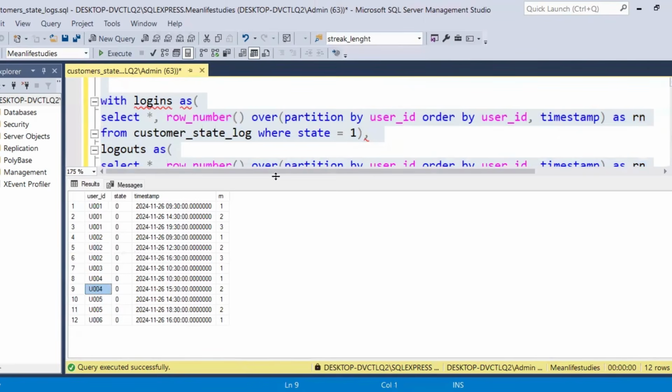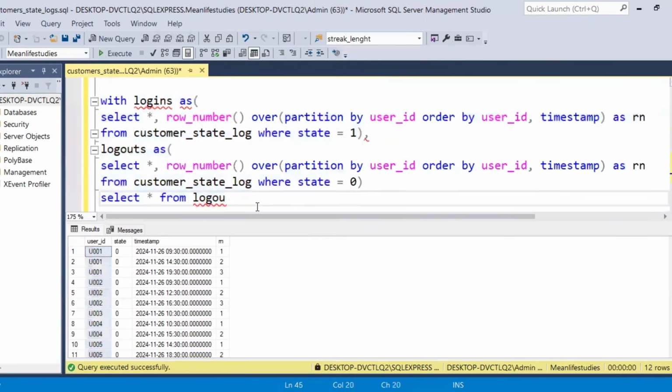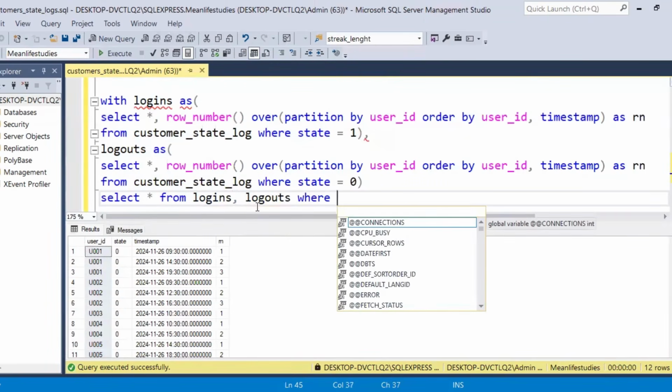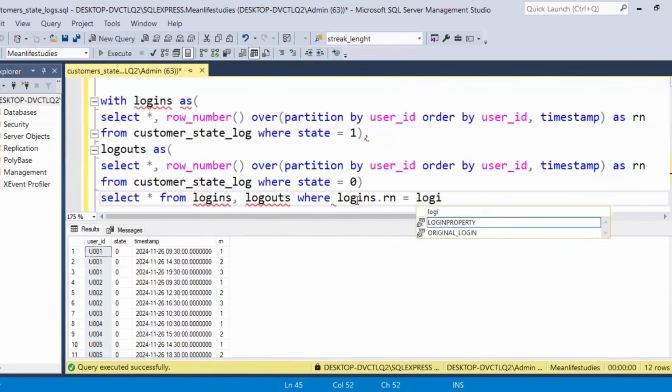Okay. Now we are going to combine both of them. How can we combine them? With the help of this common number and then user ID. Then only we'll have the right data to be merged. Okay, so let's see that. Select logins comma logouts where, we'll be taking the same table names, logins dot rn equal to logouts